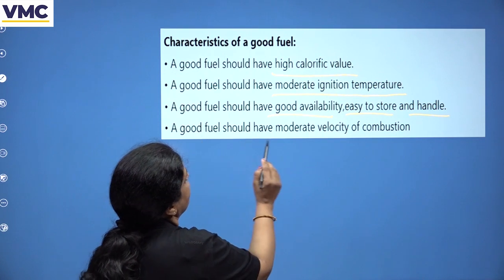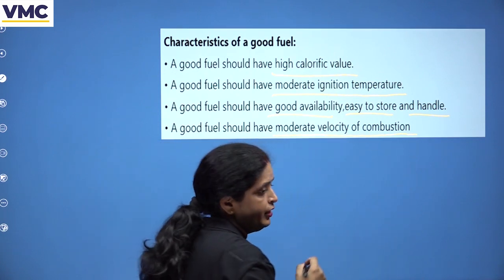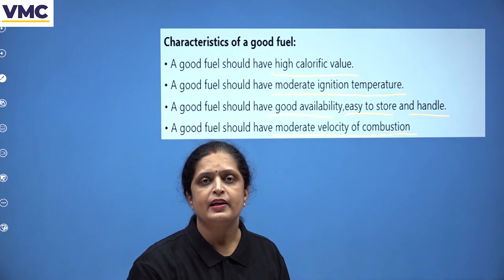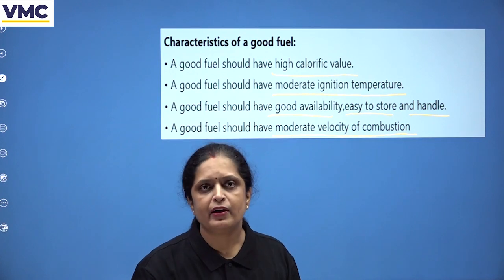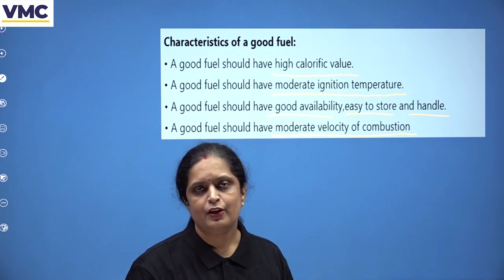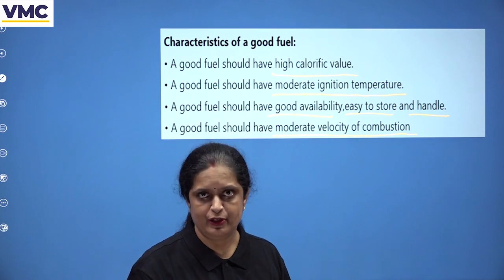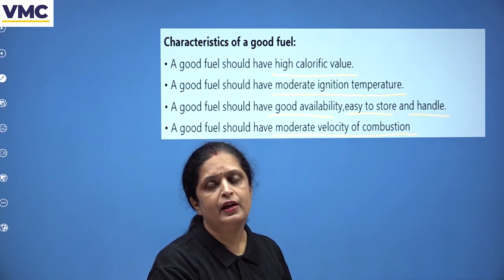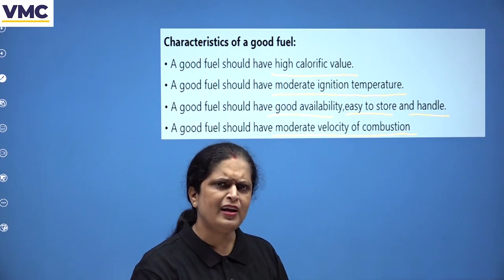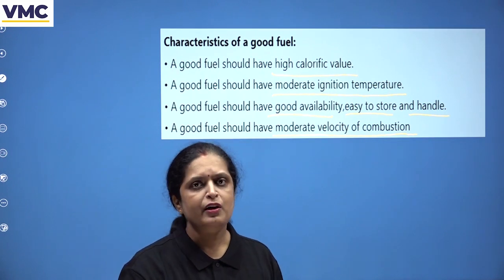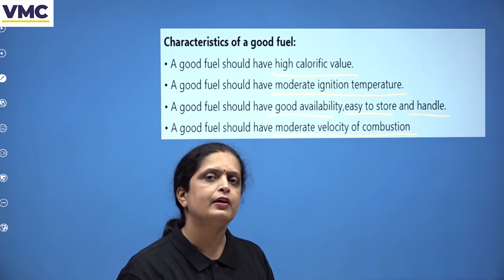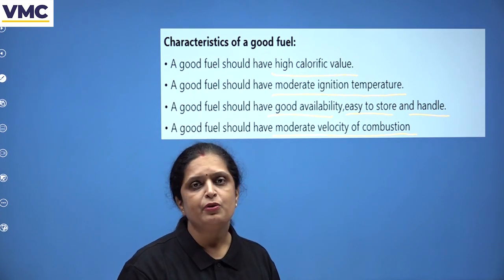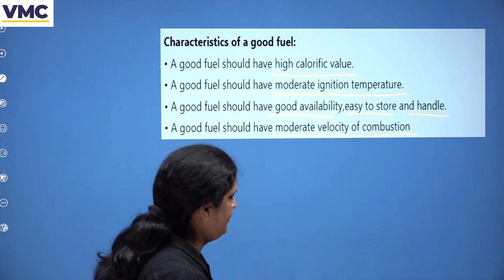A good fuel should have moderate velocity of combustion. Moderate velocity of combustion can also be said as moderate rate of combustion. थोड़ा आराम से, जैसे आप पेपर बर्न करके ऑमलेट बनाना चाहेंगे, that is very difficult, right? So you should have moderate rate of combustion and it should be used properly as a fuel, right? So क्या ऐसे ideal fuel होते हैं? Nearly होते हैं, जैसे LPG that is liquefied petroleum gas या CNG compressed natural gas. ये nearly ideal fuels हैं because ये बिल्कुल भी residue या pollutant नहीं release करते.